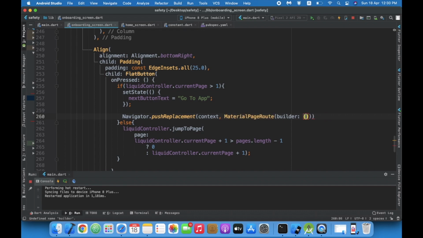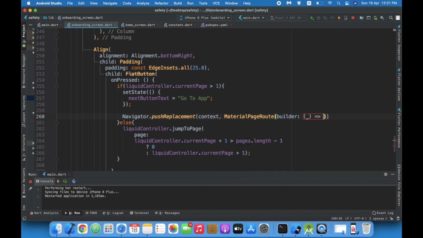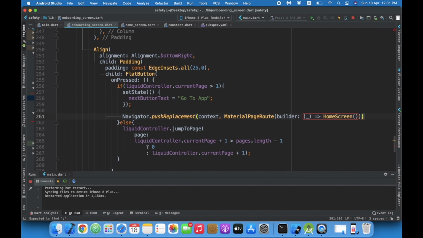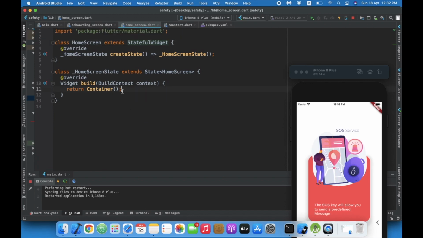page route. You can create your own login screen over here, but I'm going straight away to the home screen like this. Now let's come to our home screen. I'll make this a scaffold first.